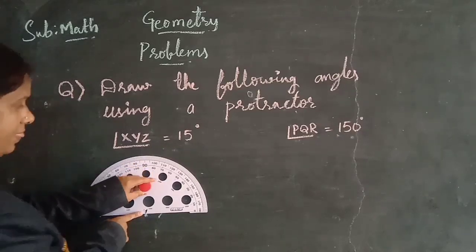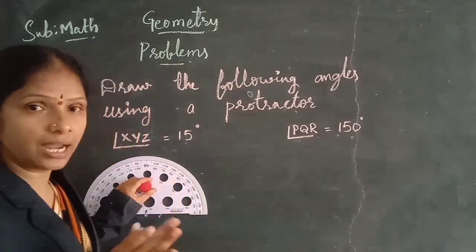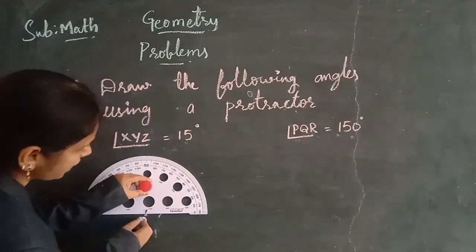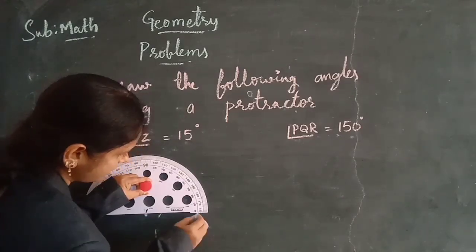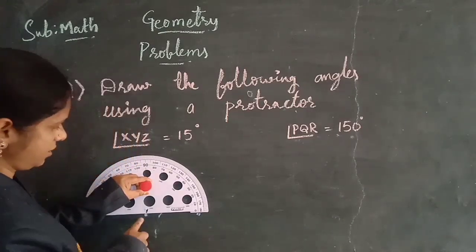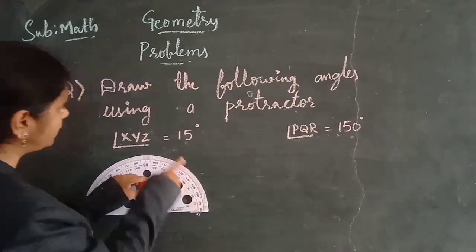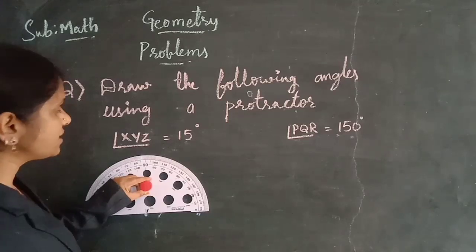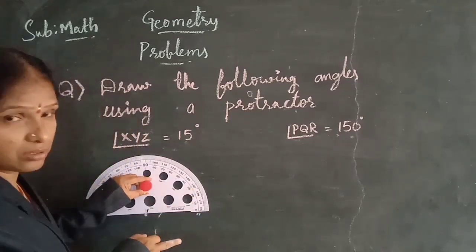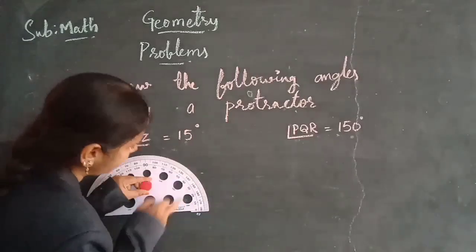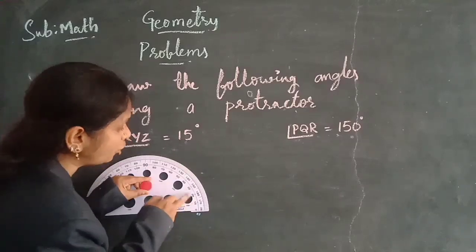And already you have that an angle has an initial ray and a terminal ray. So the initial ray from here is at 0 degrees. I am taking it at 0 degrees. See here, children. So from here the initial ray, and here 15 degrees. So that is the terminal ray, children. From this point to here you can see inside, the inner scale we are using here. See inside here, 15 degrees means it lies between 10 and 20.